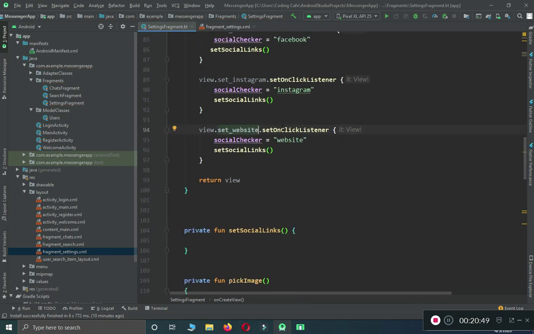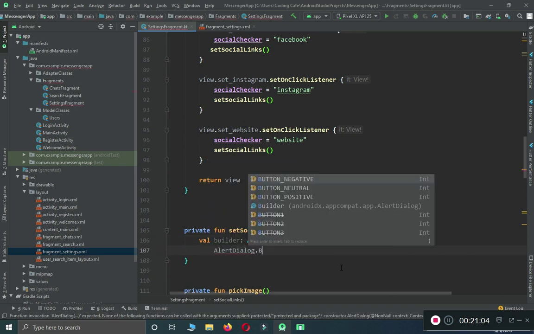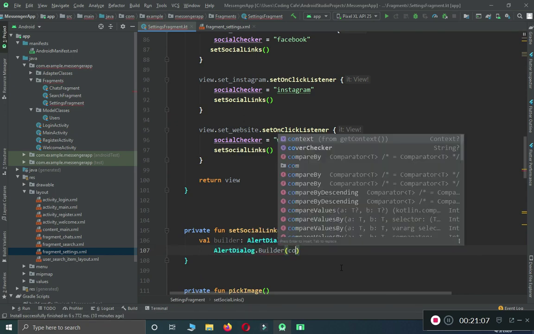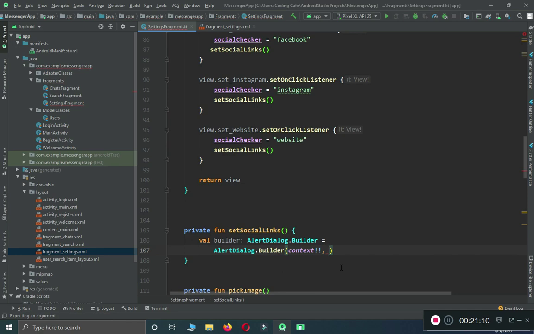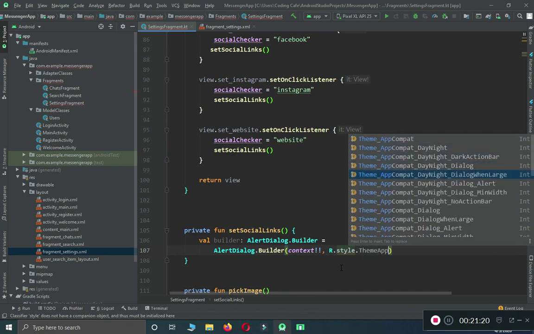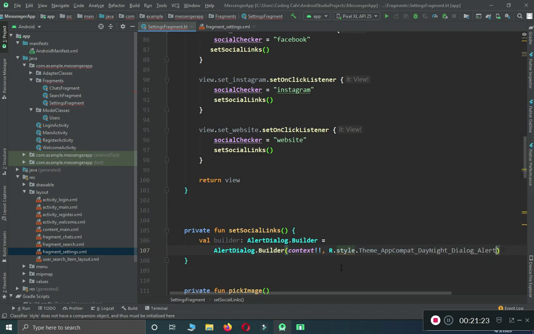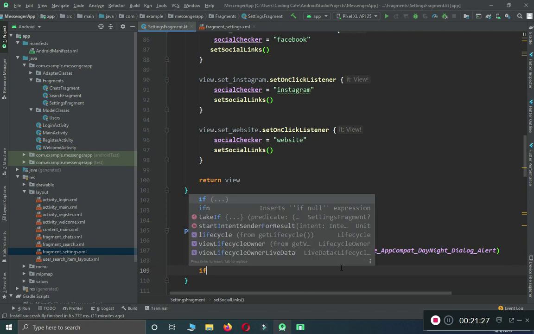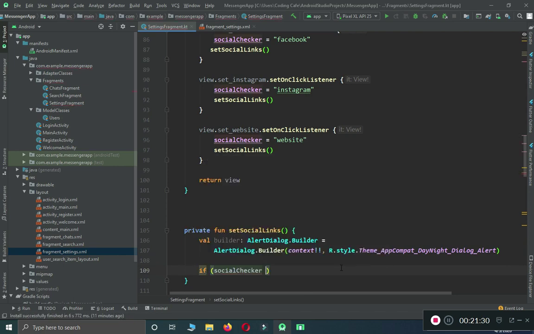box. So for that we can build alert dialog dot builder equals to alert dialog dot builder, context, or dot style dot theme app is this one, app compare day night dialog alert. So social checker becomes equals to website, then what we are going to do in that case,